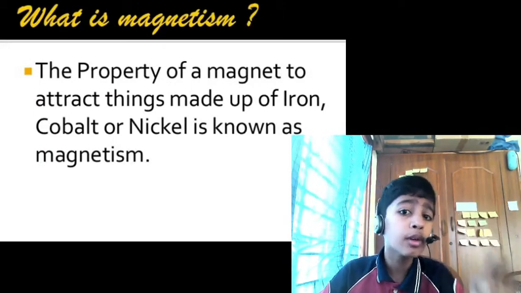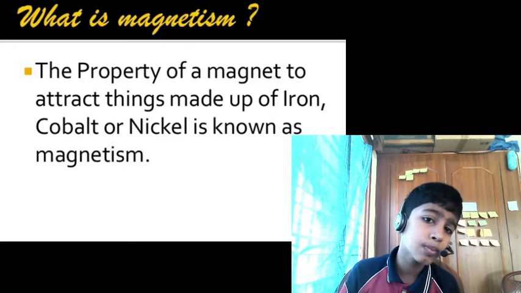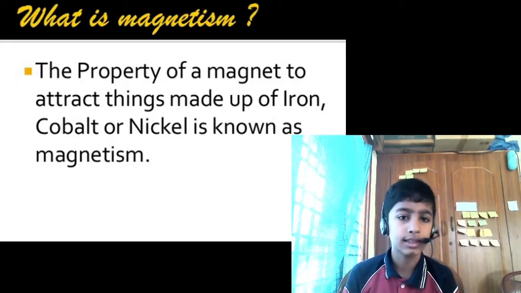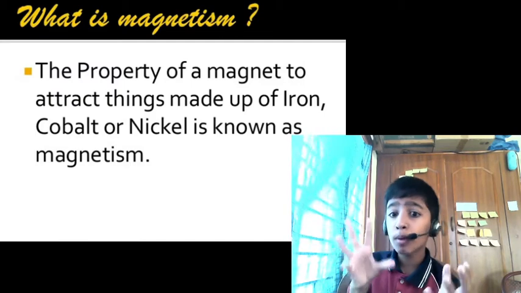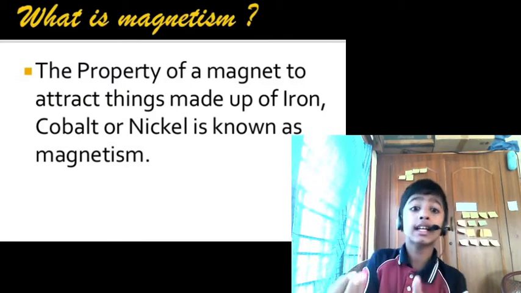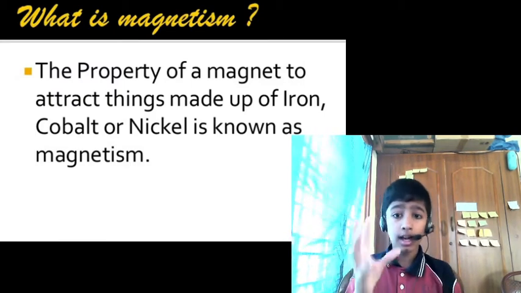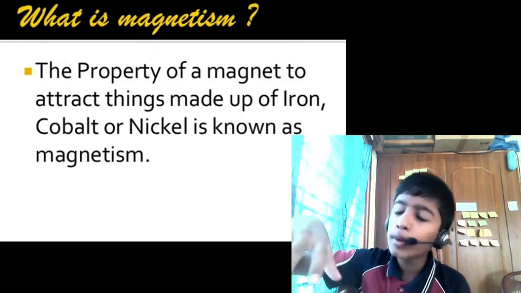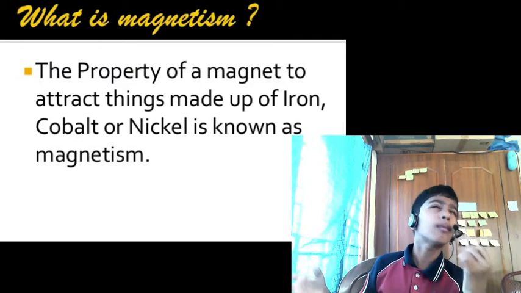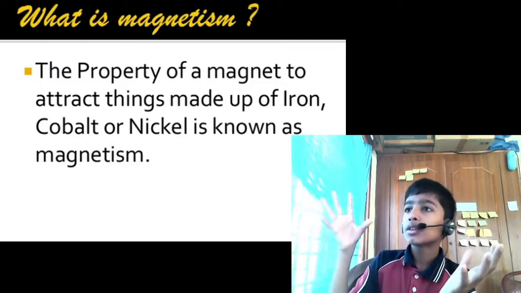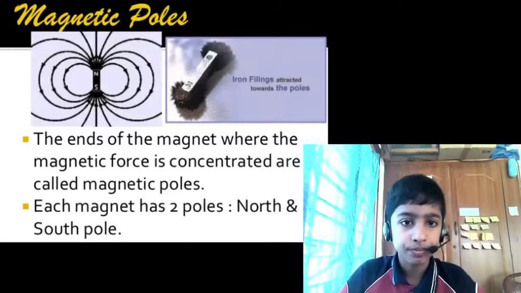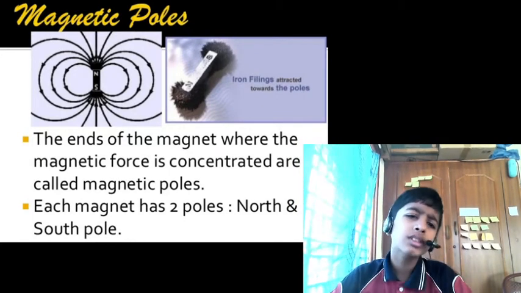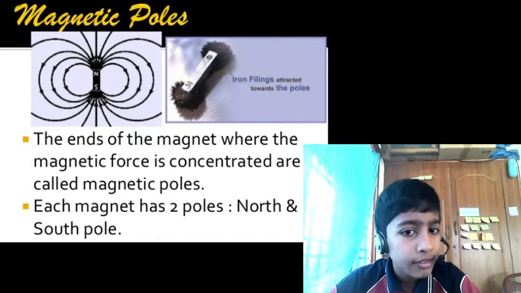The property of a magnet to attract things made up of iron, cobalt or nickel towards itself is known as magnetism. So, the magnetic poles: while learning about magnetic poles, the ends of the magnet where the